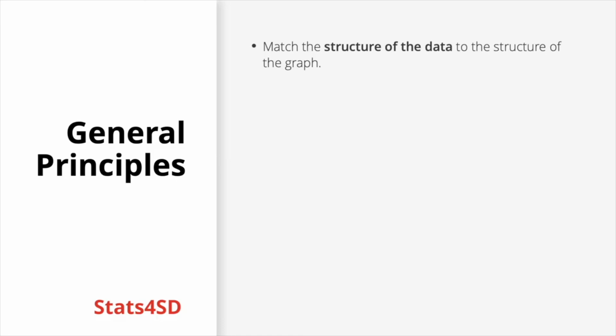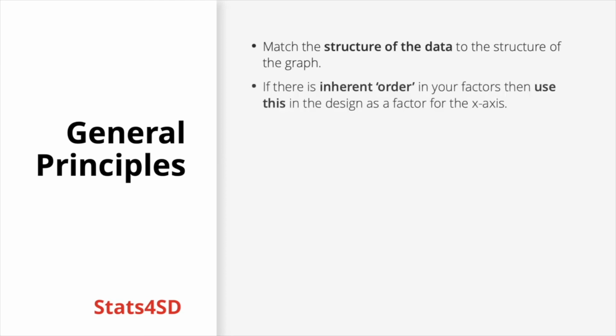And we always want to be trying to use the benefits we have in our data. If there is an order in our data, then use that as a factor for the x-axis. Similarly, if there's some kind of convention around using colours for particular groups, if these are different plants which are different colours, try to make sure that you respect the visual metaphor by making it as easy as possible for somebody reading this to understand how all these components fit together.